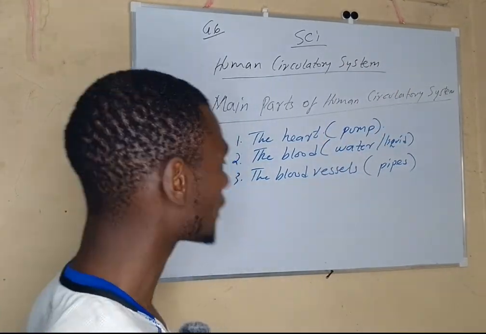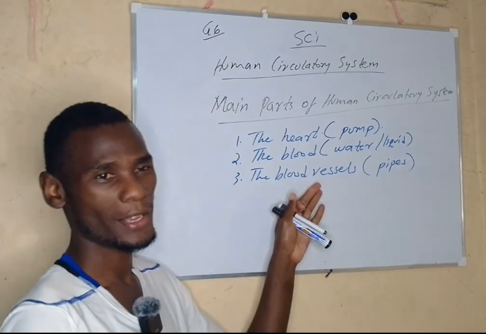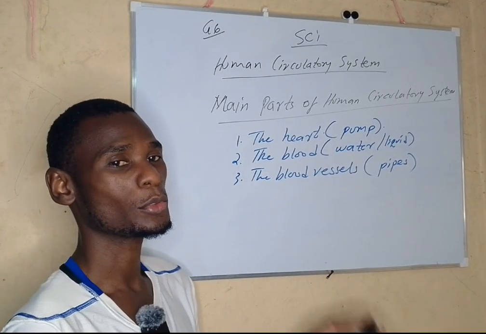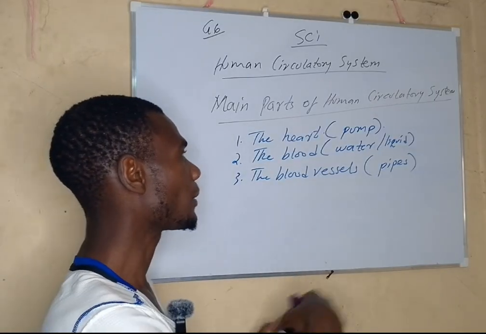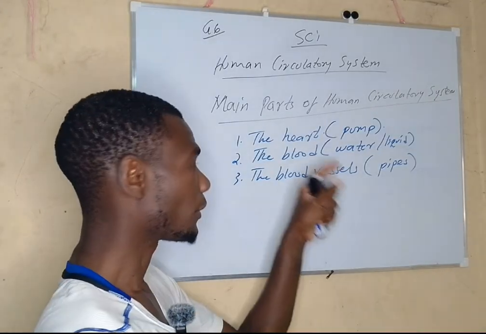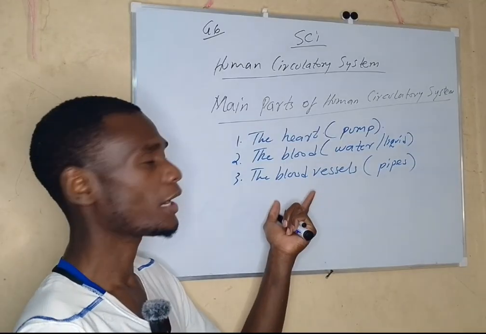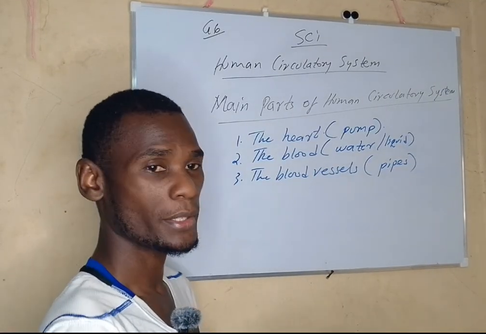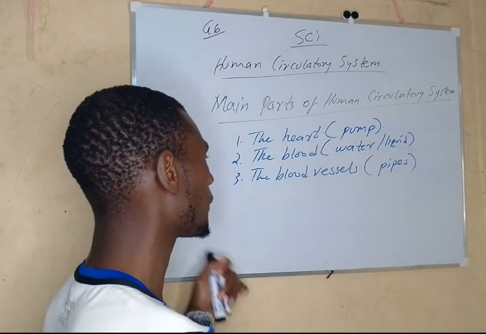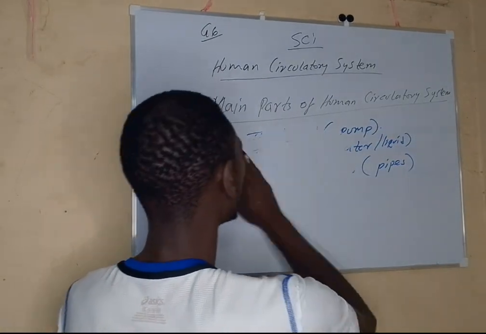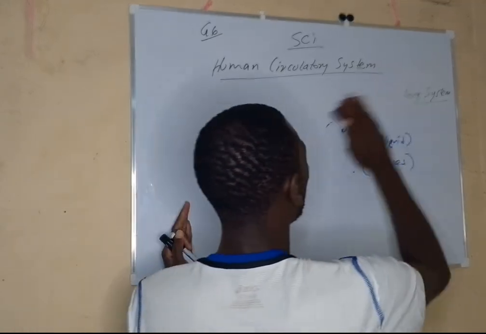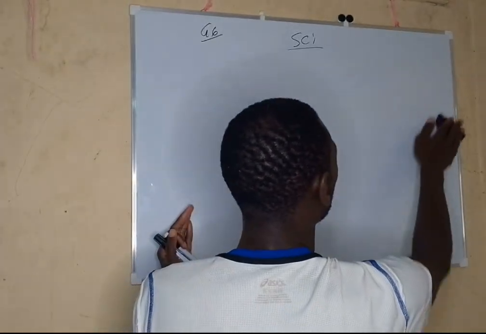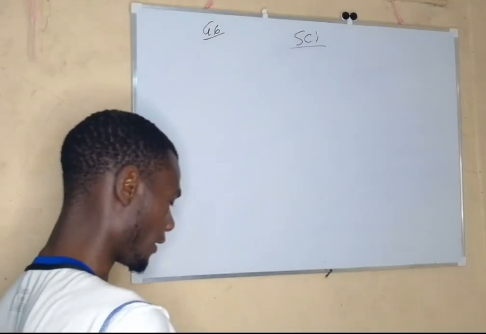Now, I will sketch, but the blackboard is small, so I have to rub this. If you have a notebook, you can note them, but I will have to rub them so that I have a diagram of the heart here. We look at the parts, then maybe functions if we can. Now let me have the parts of the heart and their functions.